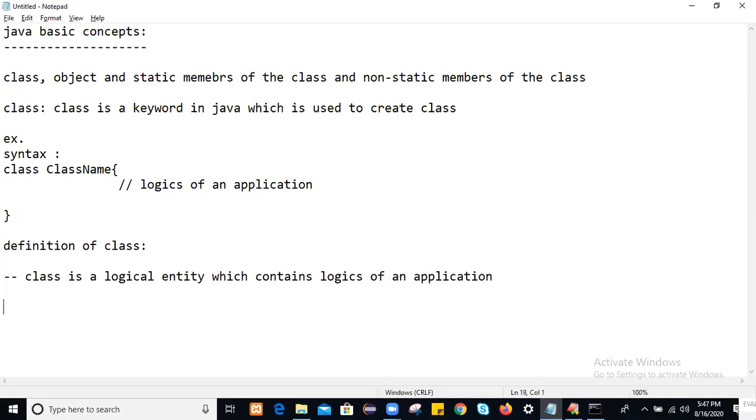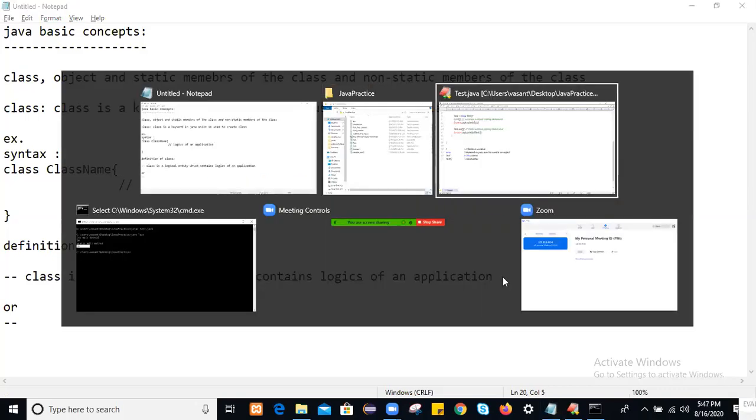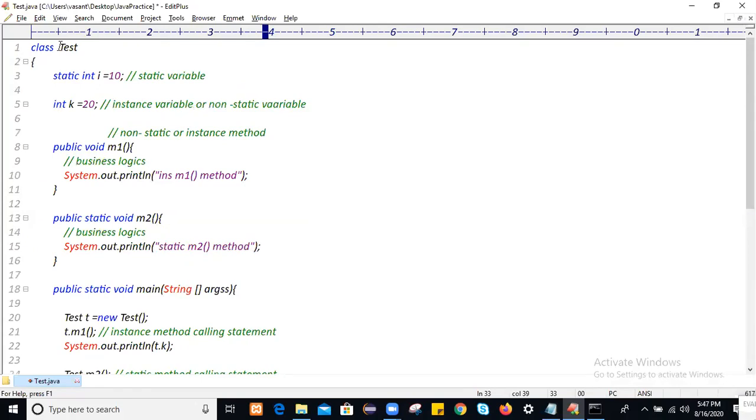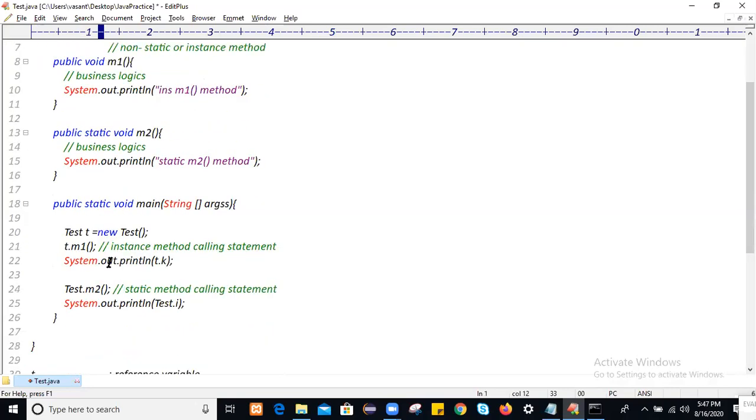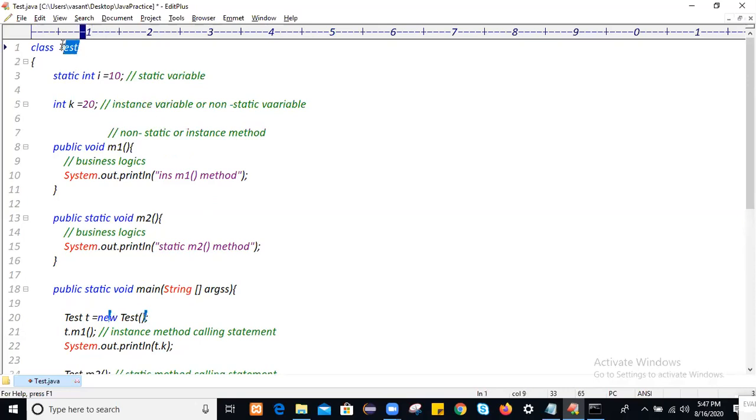Or else we can define class another way. If you declare a class, by using this class name you can create multiple objects, with the new keyword followed by the class name. So this class is one kind of blueprint. If you have a design, based on that design or architecture, you can construct multiple buildings, like a physical address.